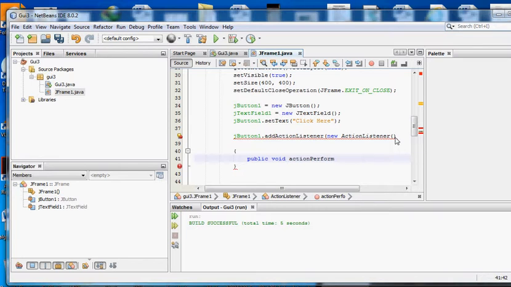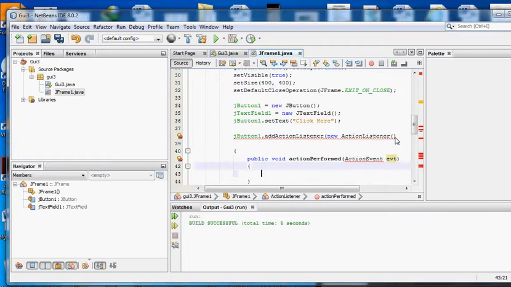And over here we will pass the event. So we can name it as EWT. So this is the event, and now for this event